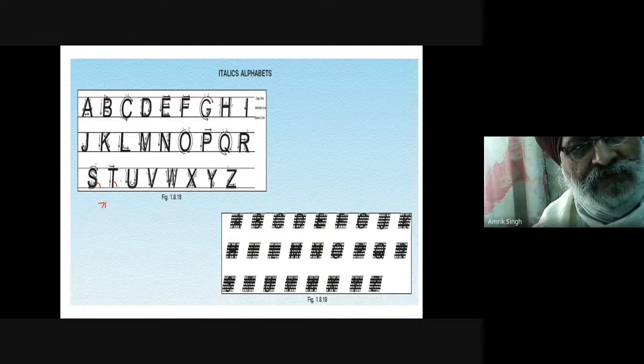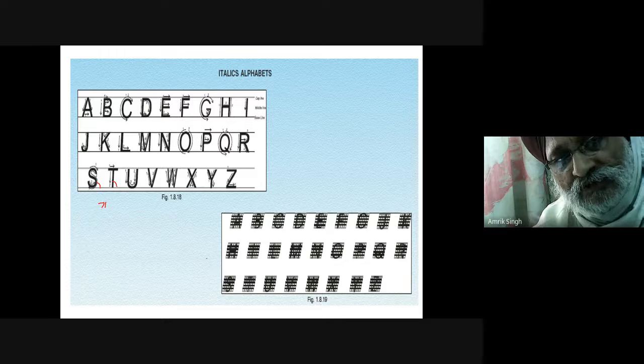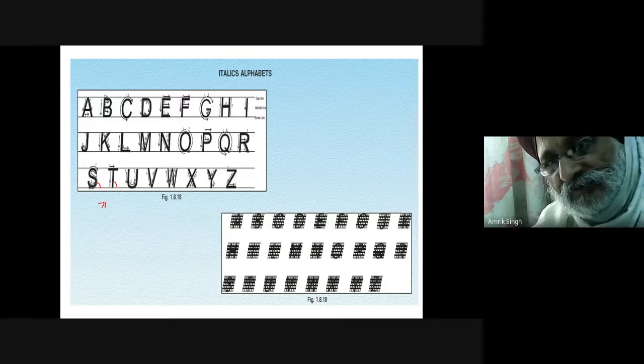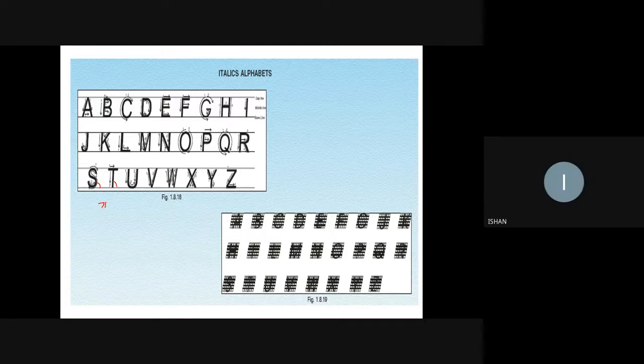And how much will remain on this side? 15 degrees will remain here. Okay. So either it can be 75 or it can be like this. So you see how inclined letters have been written in the grid. Are you understanding? Okay. Yes, sir. So this is a practice of the.